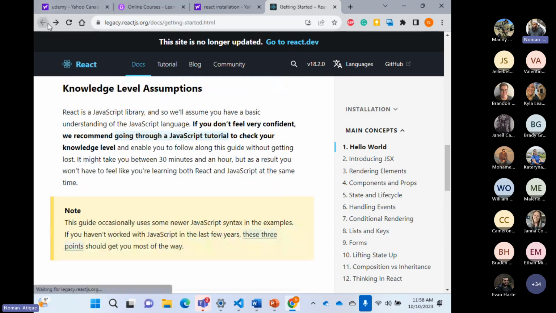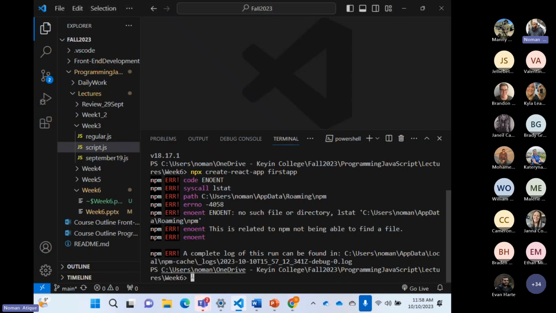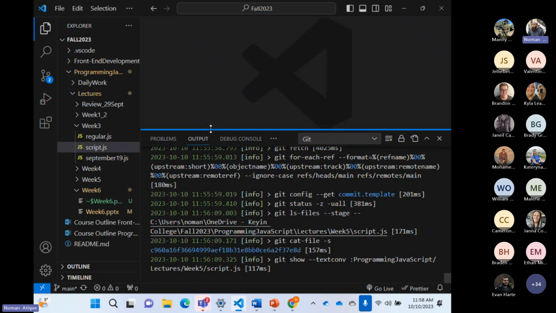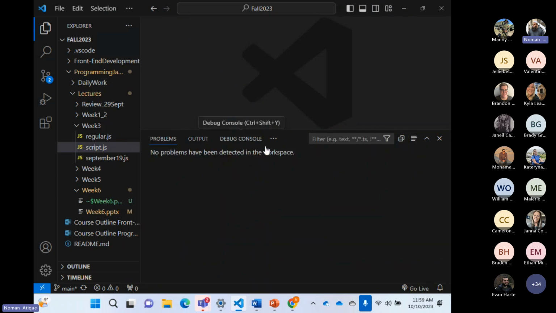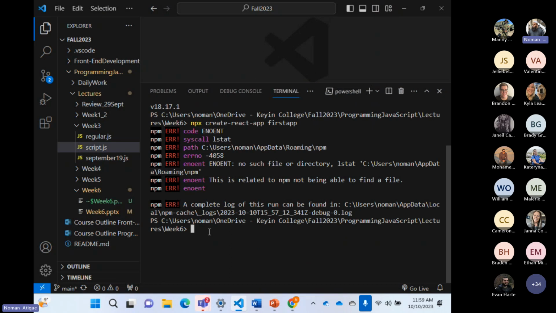Okay, just give me a second. Okay, yes. So let's go back. That's right. I'll go back to my terminal and write npm install create-react-app.